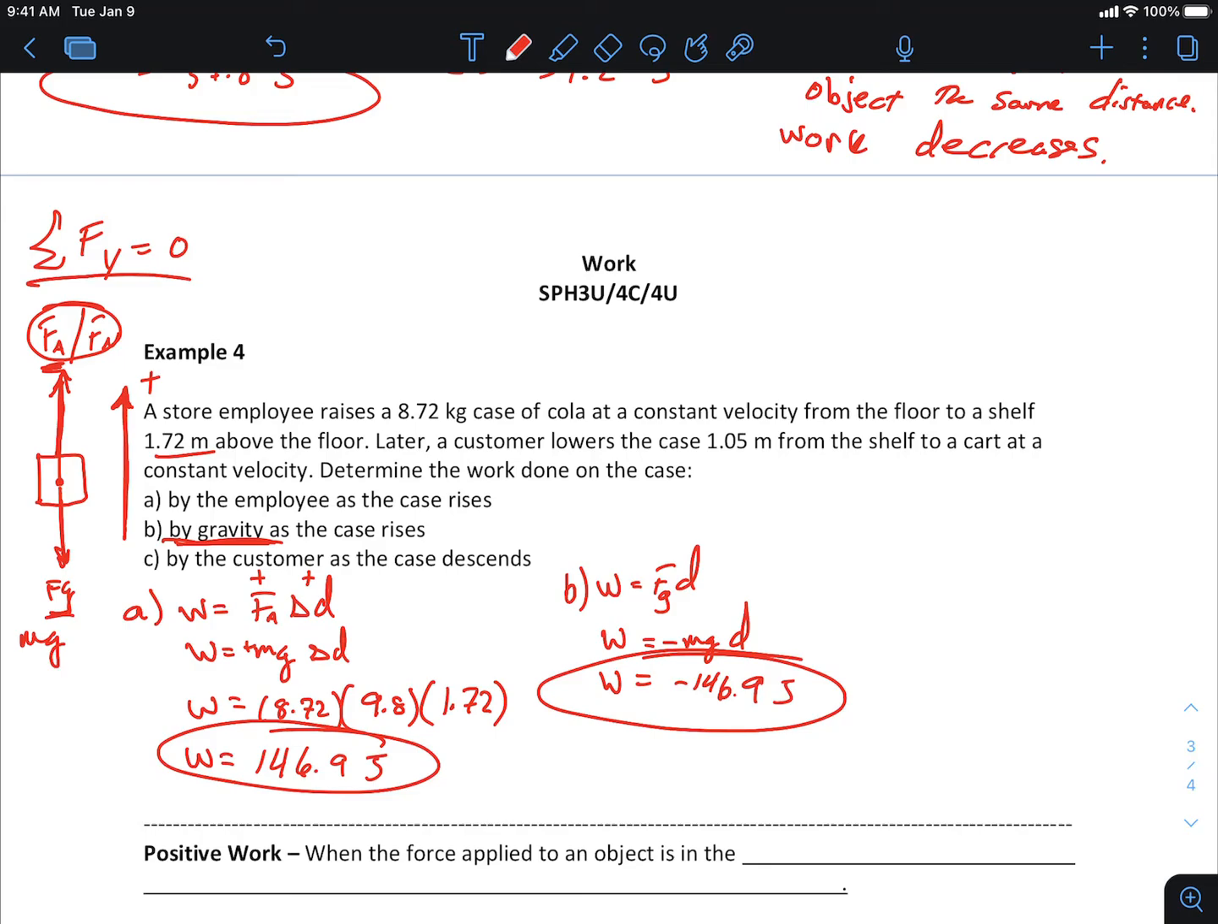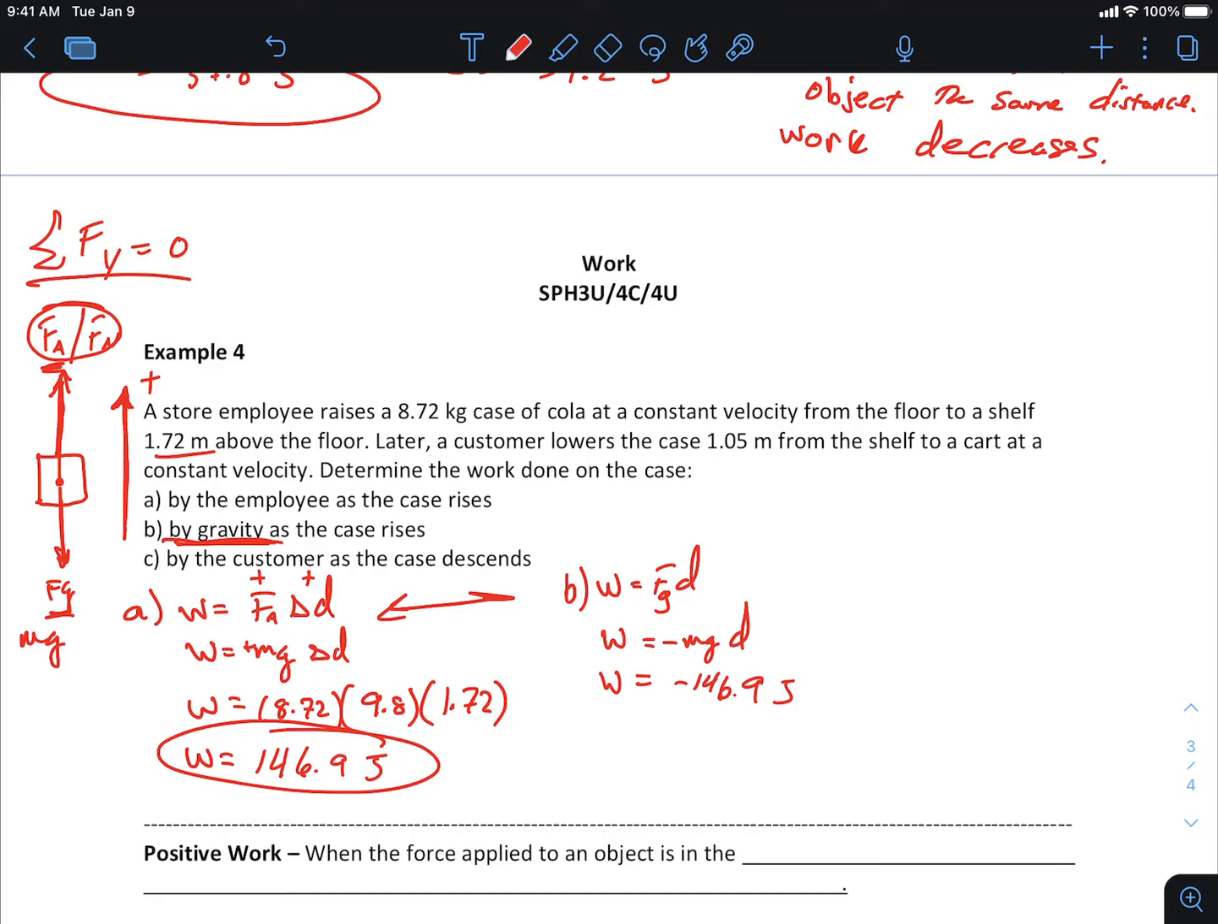Okay, and we're starting to formulate this relationship between these two questions, a relationship that we can put into words, right? So if the applied force acts in the same direction as the displacement, then the work done is positive. If the applied force, in this case gravity, acts in the opposite direction of the displacement, then the work comes out to be negative. Okay? Now, for part C,